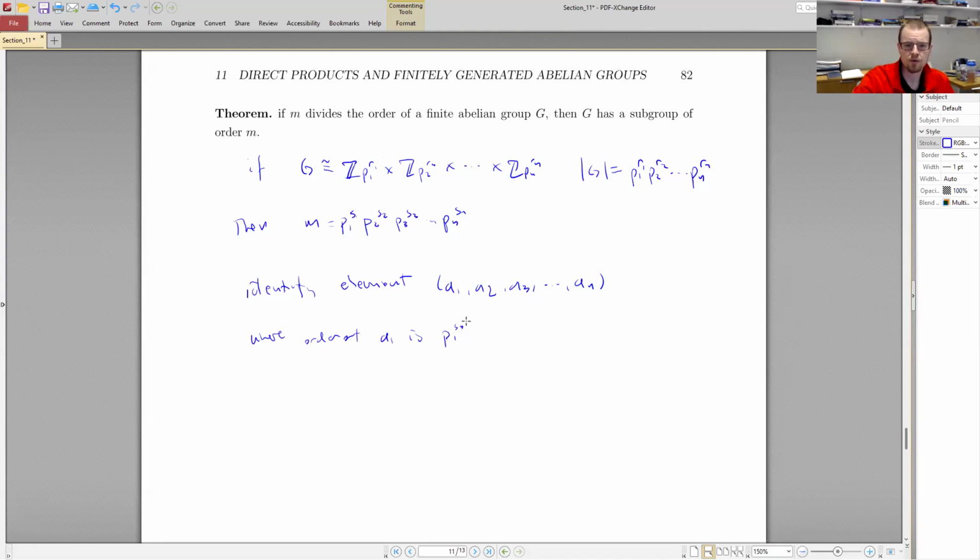Now we essentially know that this exists. The order of A1 is this, the order of A2 is P2 to the S2, and so on. An has order Pn to the Sn. Now we essentially know that this is going to exist because the order of this whole thing is going to be